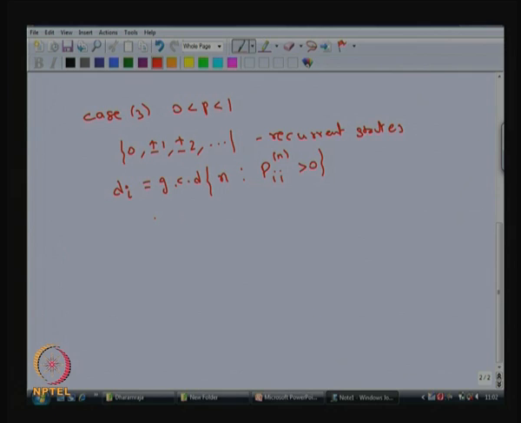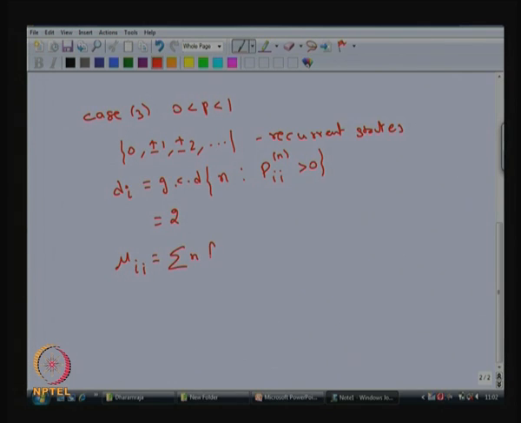Therefore, the GCD is going to be 2 for this particular Markov chain. So, the period is going to be 2, and the states are recurrent. Now, our interest is whether these states are going to be positive recurrent or null recurrent. But for that you need the value of p, because without the value of p, you cannot come to the conclusion about the mu suffix i